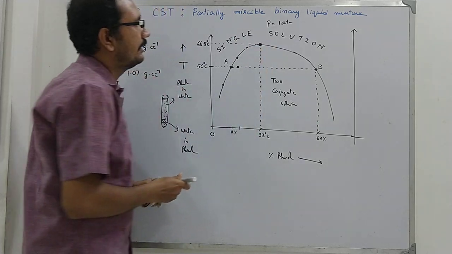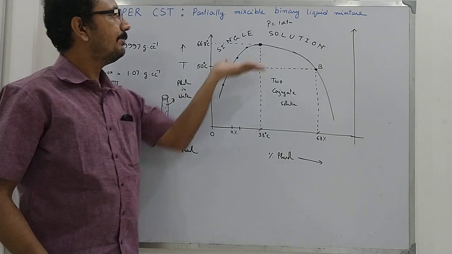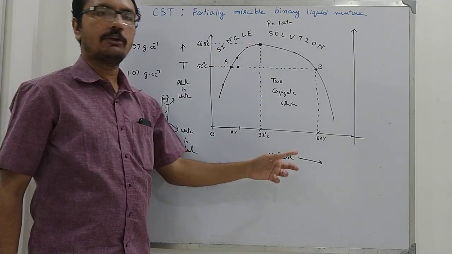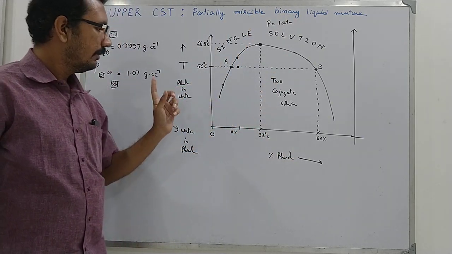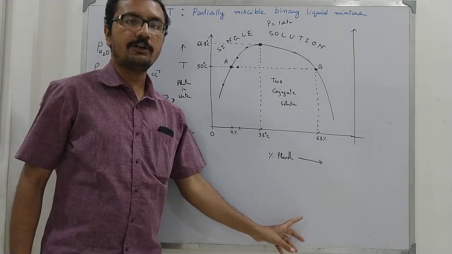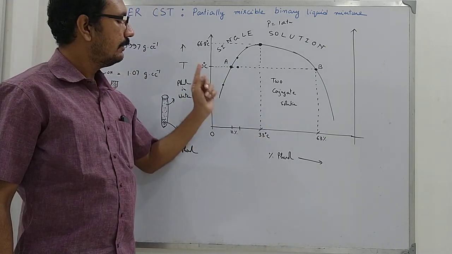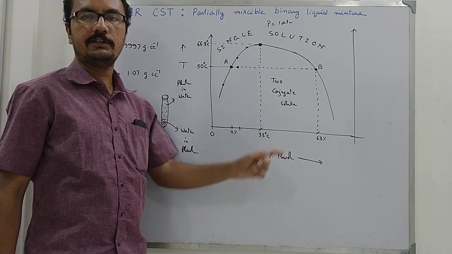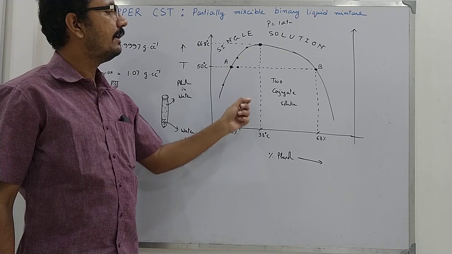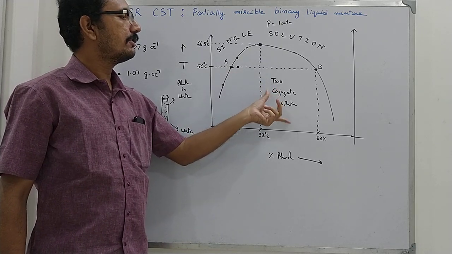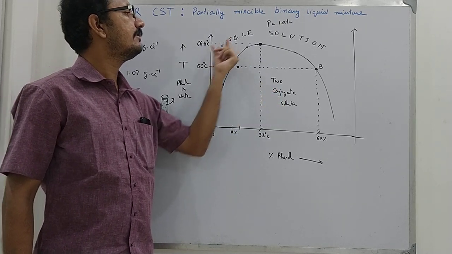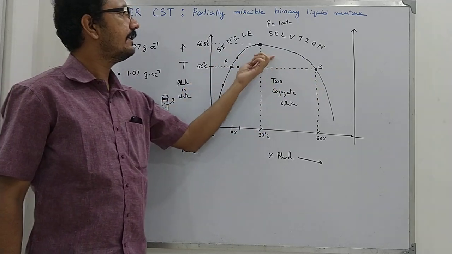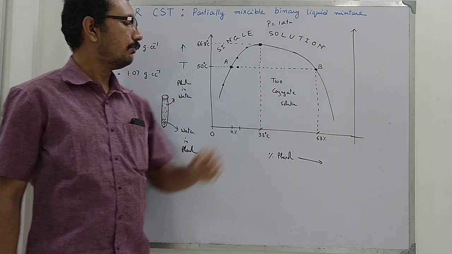What about this point? You see, above this point, there is no portion of two conjugate solution. So, whatever may be the percentage of phenol, if the temperature of your solution is above 66.8 degrees centigrade, then you will never achieve two conjugate solutions. You will get only single solution. So you can say above 66.8 degrees centigrade, and when pressure is kept 1 atm,